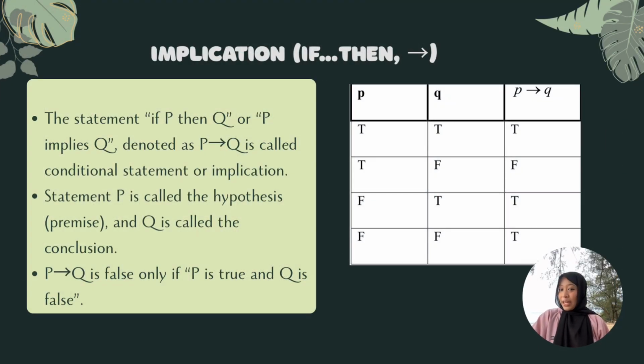The fourth one is implication, if, then. The symbol is like an arrow. The statement "if P then Q" or "P implies Q", denoted as P → Q, is called a conditional statement or implication. Statement P is called the hypothesis or premise and Q is called the conclusion. P implies Q is false only if P is true and Q is false. For example,